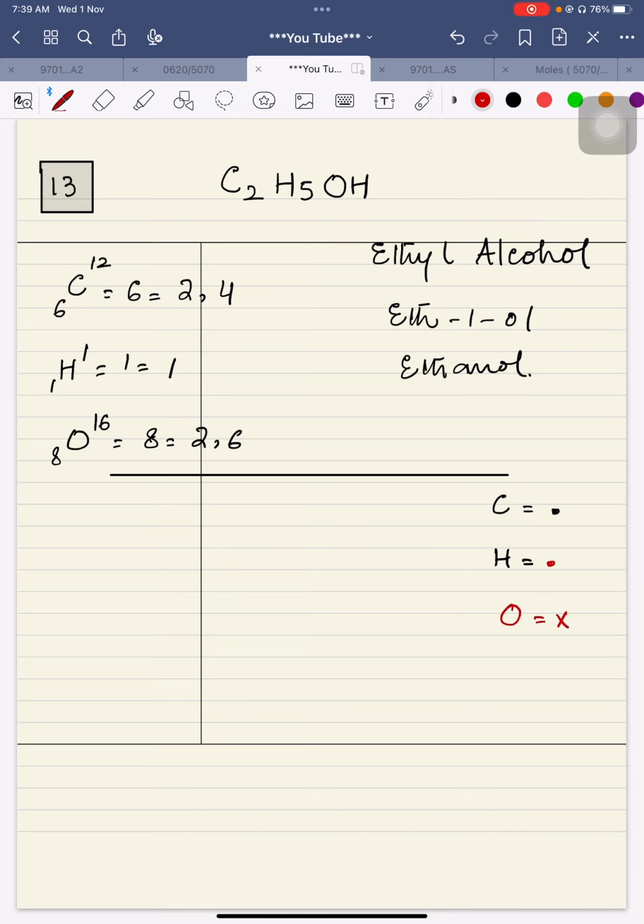Okay, let's see now. So it is carbon, the two carbon atoms are together, and then they are with five hydrogen atoms, two hydrogen atoms with one carbon, and three hydrogen atoms with the other carbon, and then it is oxygen, and then it is hydrogen. All right. So right now we are going to draw the dots for the carbon atoms.